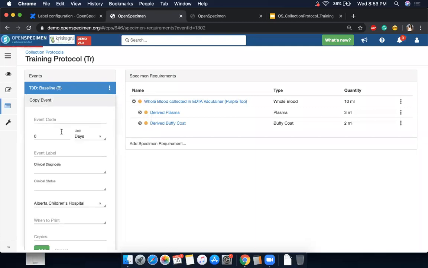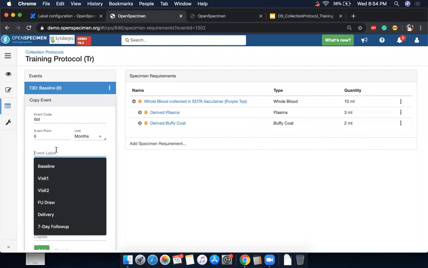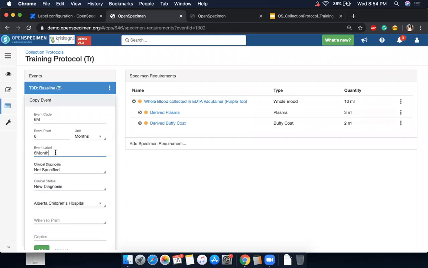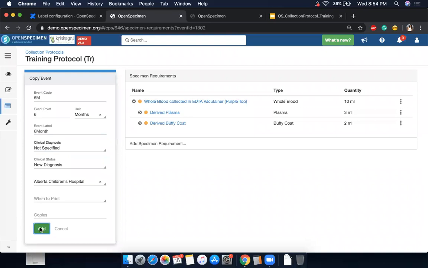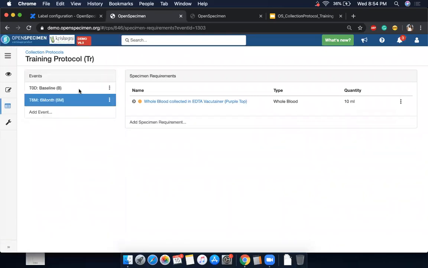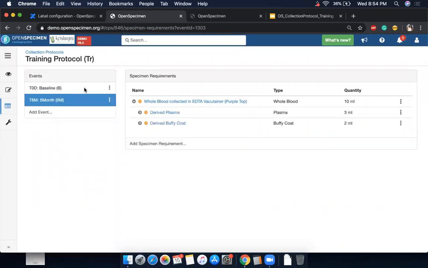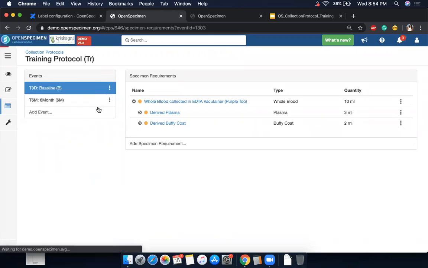I'll make a copy, and this follow-up is going to be after say 60 days or even 6 months. You can specify that here, and I'm going to say it's 6M as the event code and add. This will create an exact copy of my baseline.